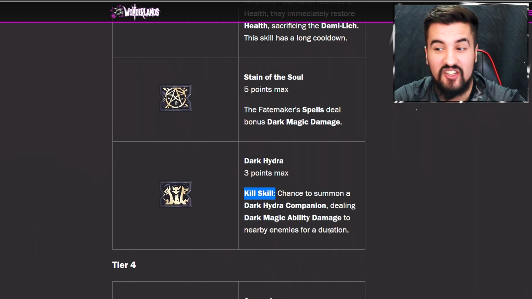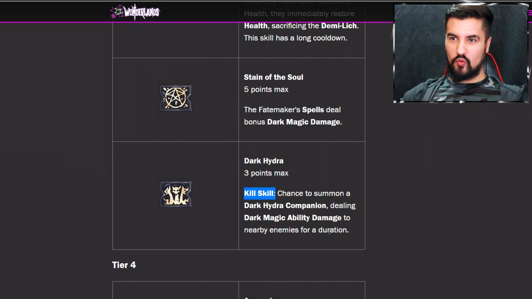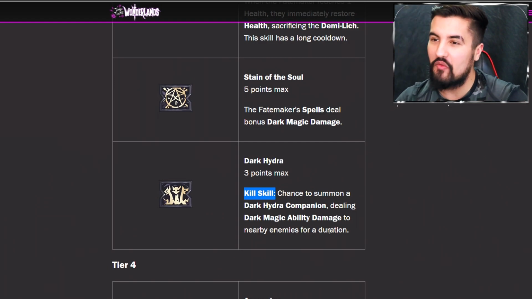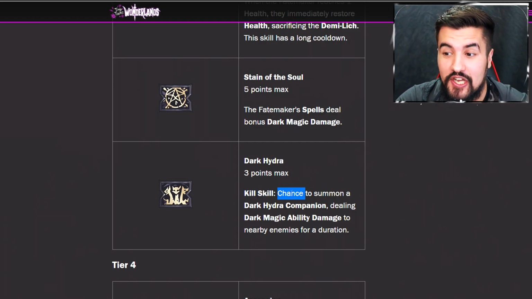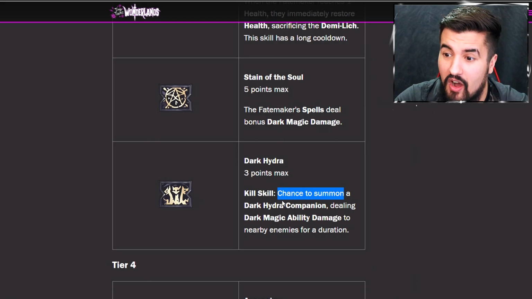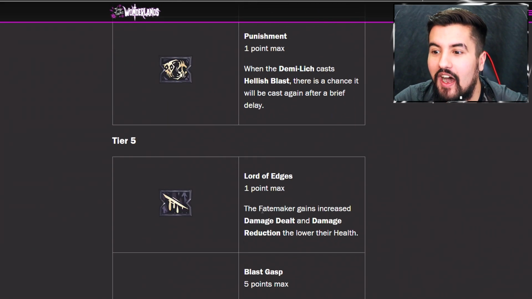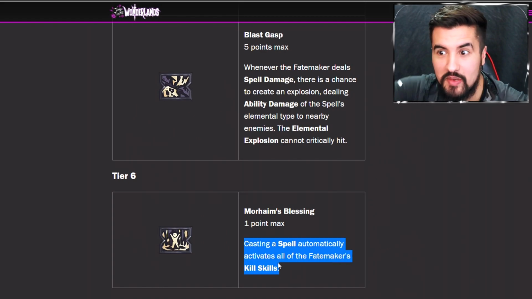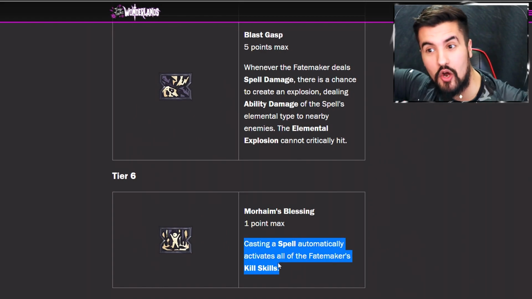I've seen the gameplay of this, it's so charming. There's all these little red things just spitting out venom at people. It's so fun. And you can increase that chance to almost be 100% of the time. Also, even if you didn't, yeah, you have this. Whenever you cast a spell, you'll be detonating the kill skill, so you don't even need